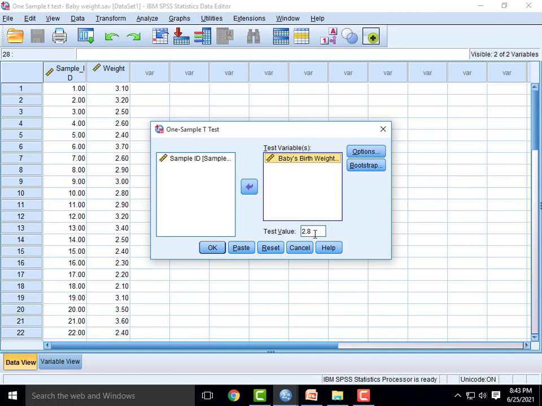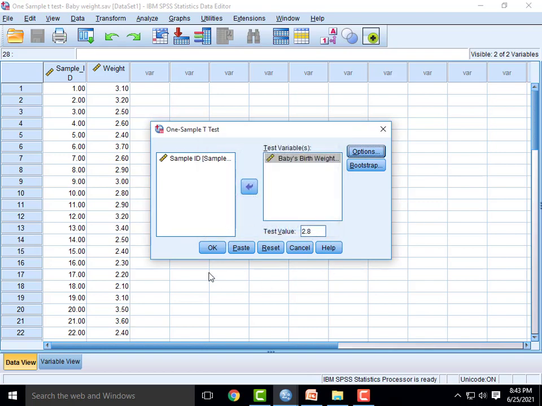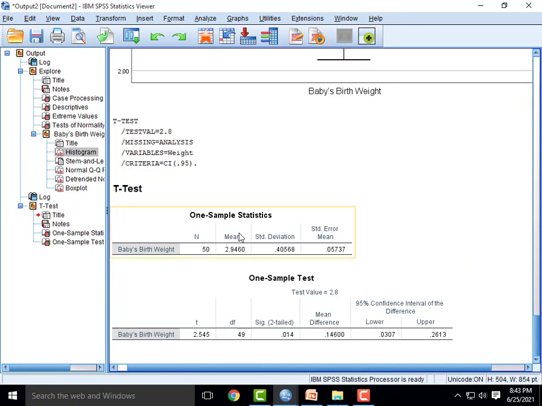Here 2.8 is the population mean; we just enter the population mean here, so we are going to compare the sample mean with the population mean. The Indian baby's average weight is 2.8, that is the population mean. Then click Options, leave as it is and click Continue, then click OK.